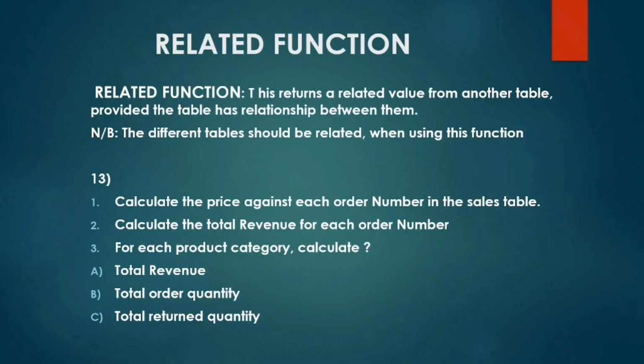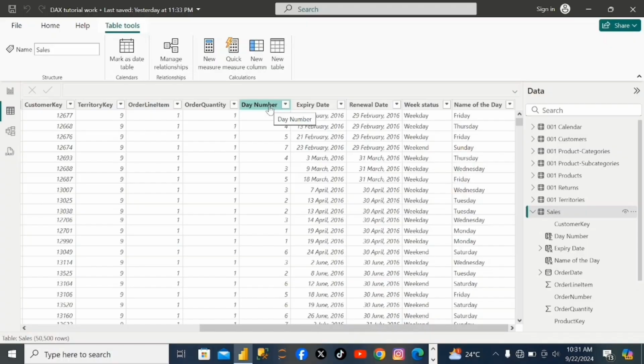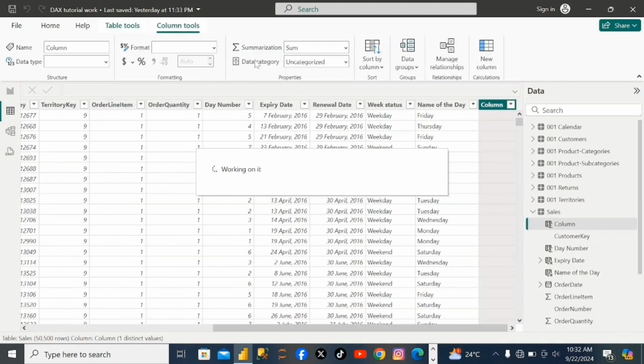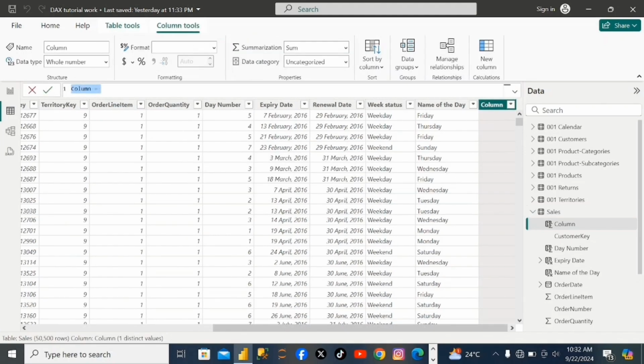So we are going to use the RELATED function to filter out the price for the order number in the sales table. Okay, so this is our sales table. You can see the order number over here, and we are going to filter out the price for each of these order numbers. To do that, we head on to New Column. We call it price. The column we call price is equal to